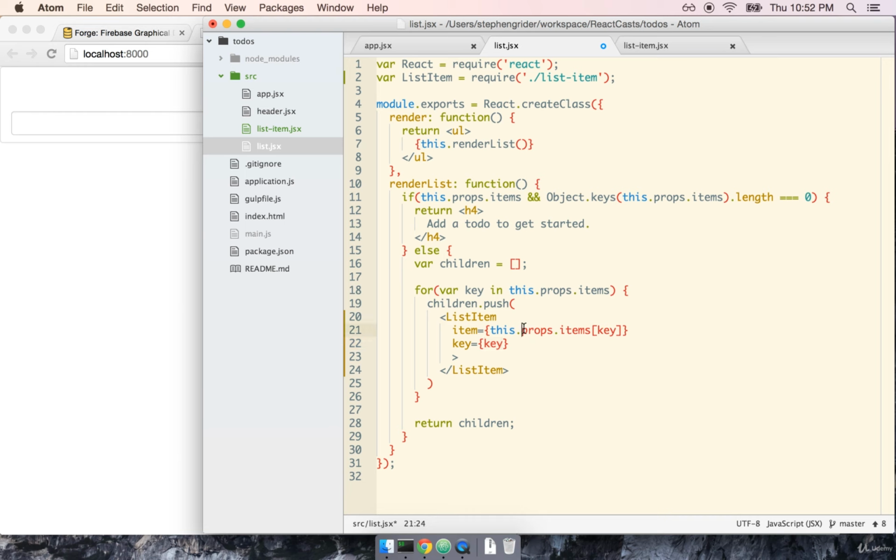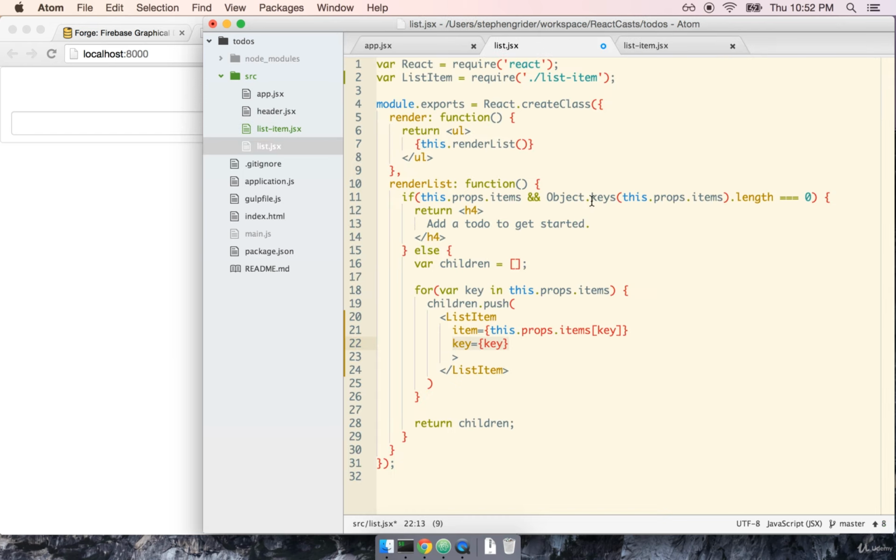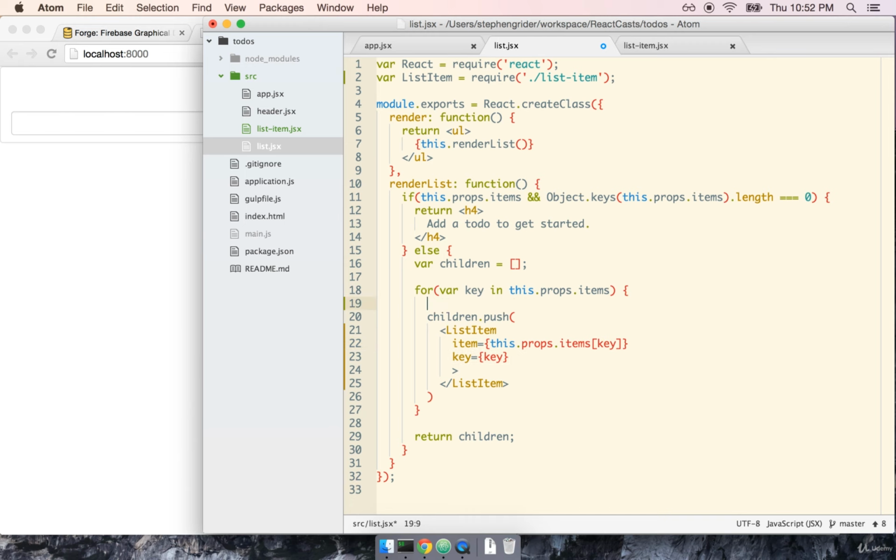So one more thing in here that's just a little bit awkward. When setting the key in our JSX, like we've done, we don't actually get access to the key property inside of our component. So remember, anything that we pass in through JSX is usually available on props, right? Well, it just turns out that React has decided that they're going to trim that key property off. So we do need, inside of this list item component, to have access to that key. So we're going to do a little bit of work in here to make sure that we get that key in as well. We're going to say